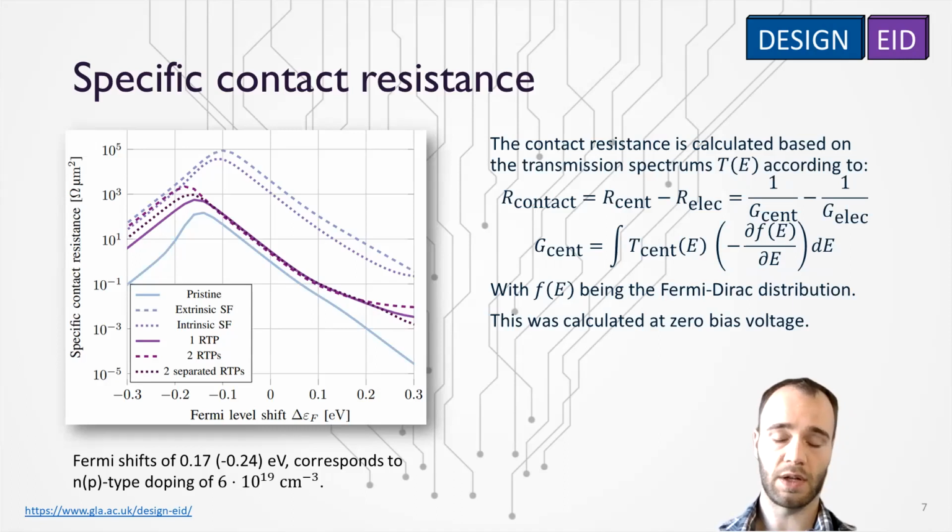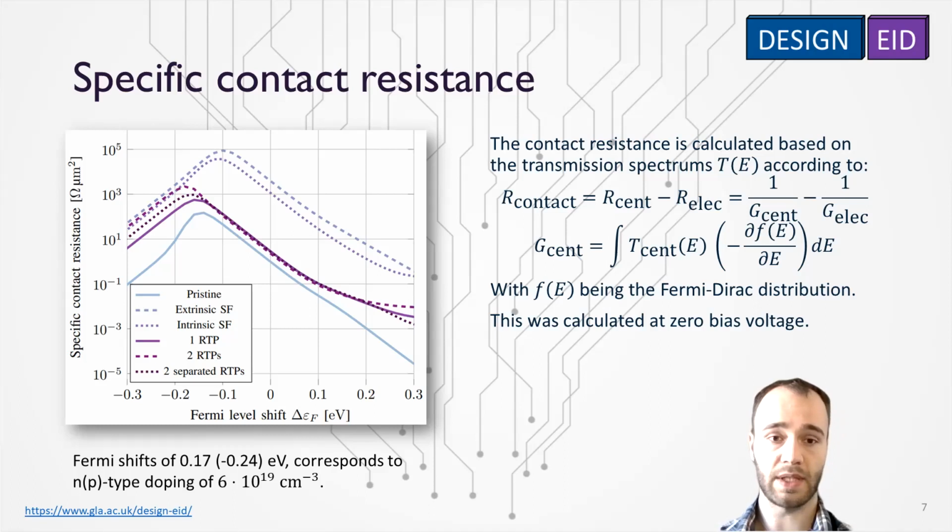This difference is constant throughout the intermediate doping range, but for very high P-type doping out here, something interesting starts to happen. The difference between the 2 kinds of stacking faults starts to decrease, and we start seeing a difference between the different kinds of RTP systems, and they actually get closer to the stacking fault system. While this high P-type region is definitely interesting, this work was more interested in the intermediate doping levels, so our continued investigation happened at the 0 Fermi level shift, the background N-type doping.